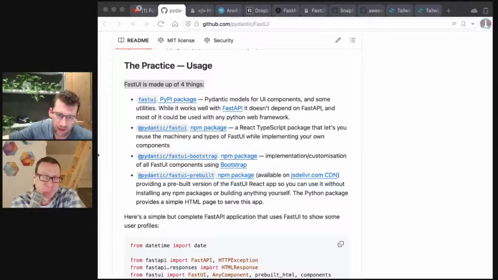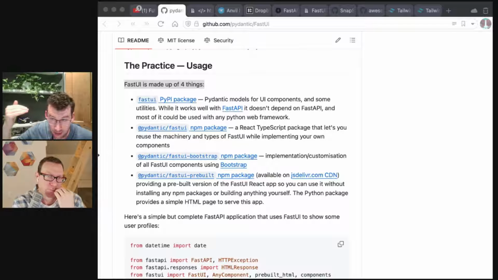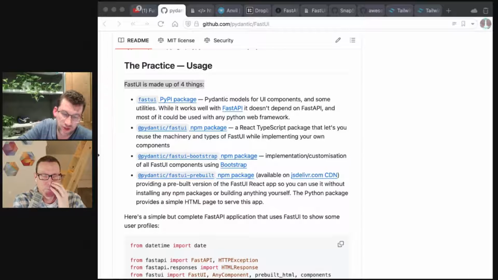And then we have an NPM package called FastUI again. It's in the Pydantic organization, which is where the meat of the logic resides, and that's implementing most of the components and all of the wiring to mean that when I return the button, the component gets rendered.